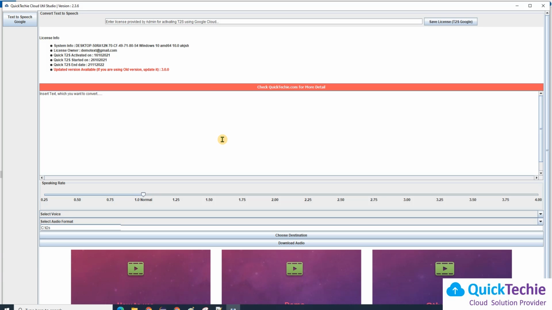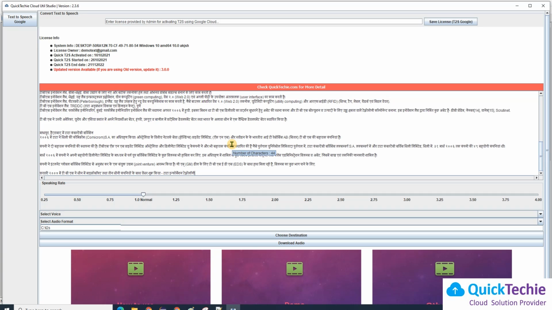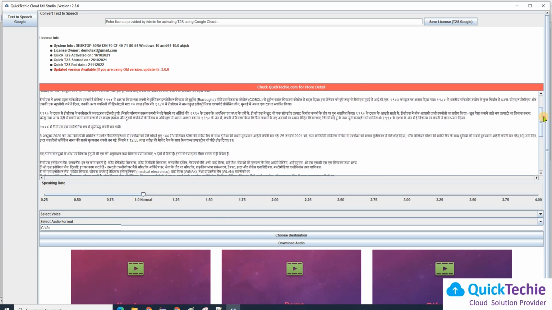Now let me put the text in again and convert this entire file, which is even bigger than 5000 characters, and let me choose a different language as well. Give me some time, I'll try to find text in a different language. Now I'm pasting text in a different language, which in India is Hindi. This is very specific to India, and you can see I have pasted more than 5000 characters here.